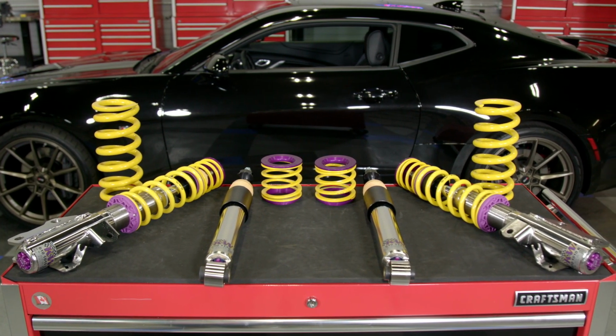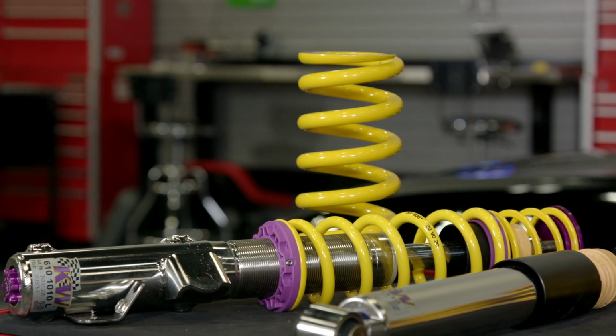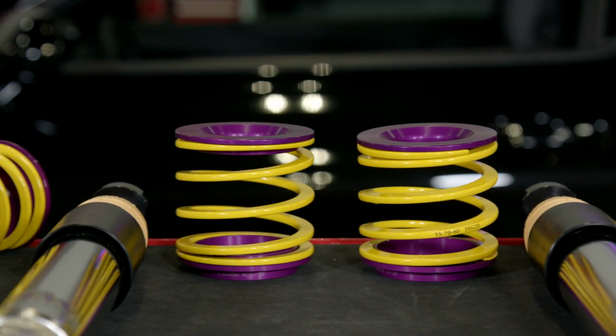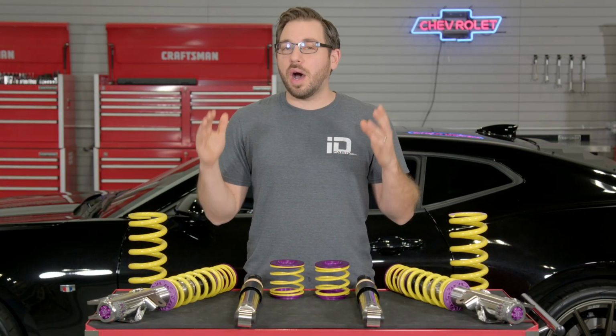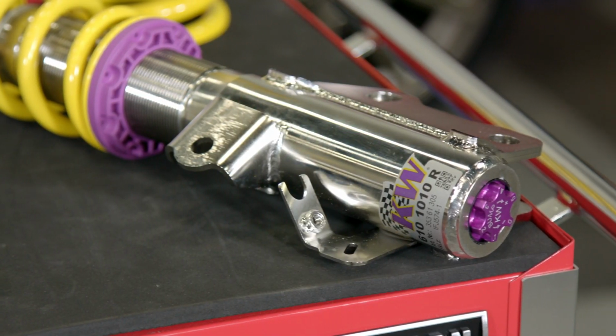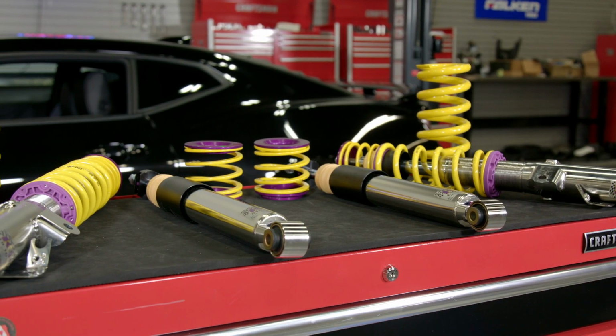So let's check out the kit that I have with me today. Like I said, this kit is designed to fit all 16 to 19 Chevy Camaros, anything from the 4-cylinder cars to the SS model. This KW coilover kit is loaded with tons of custom features and high quality materials. But remember, if you want the best, you're going to pay premium prices for it. And for this kit, that's just over $2,700. But let's go ahead and take a closer look at what you get for all that money, starting with the